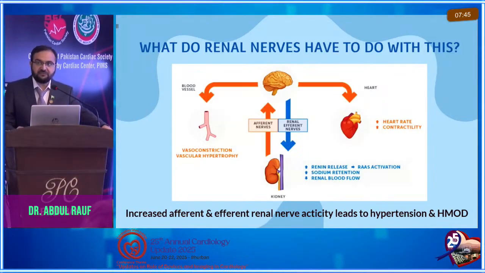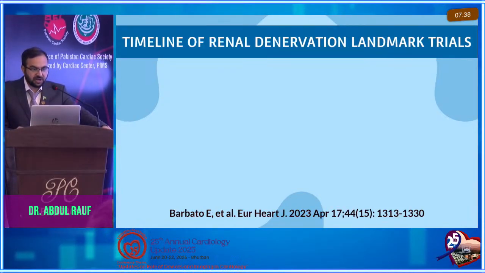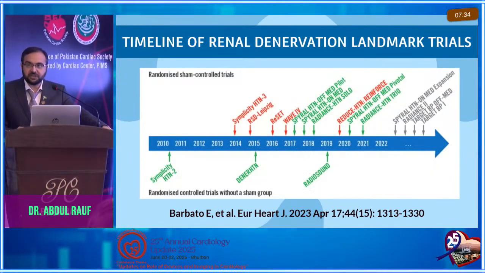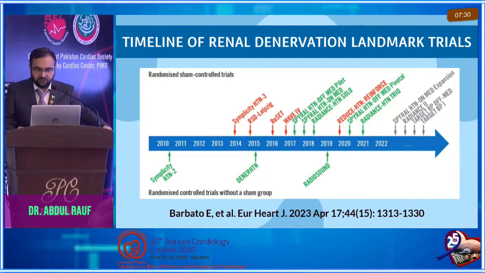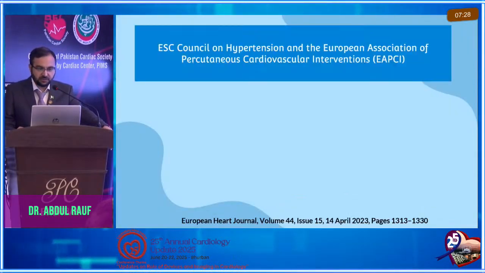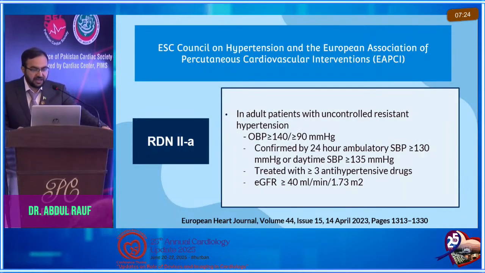We all know that the afferent and efferent renal nerves have an effect on hypertension, and they increase hypertension-mediated organ damage. Over the last 15 years there have been different trials, sham-controlled and non-sham-controlled, which led to renal denervation. The consensus by EAPCI, with class 2A guidelines, is that an adult patient with uncontrolled resistant hypertension, already being discussed,